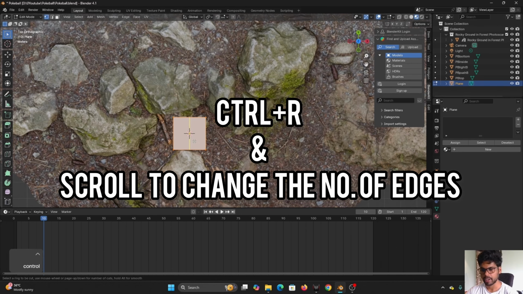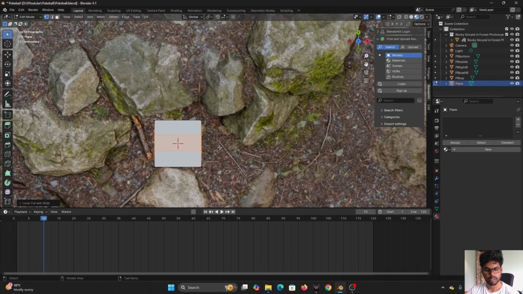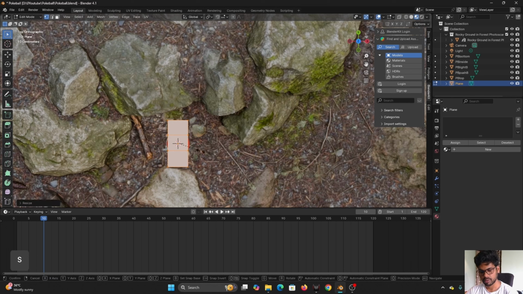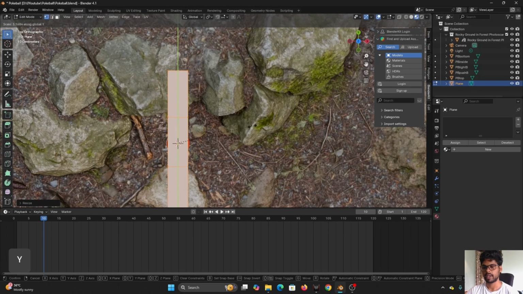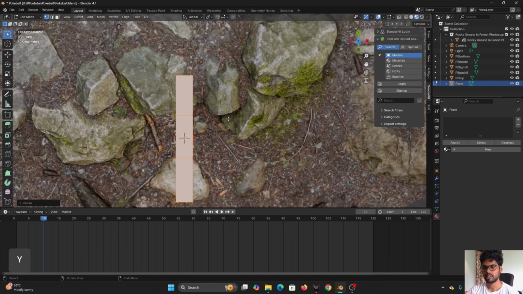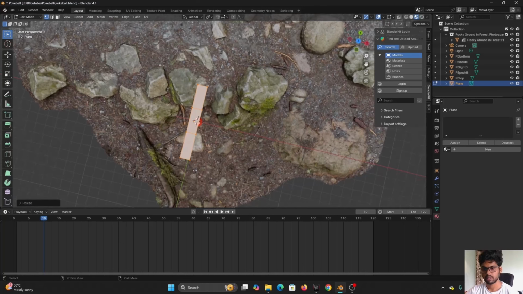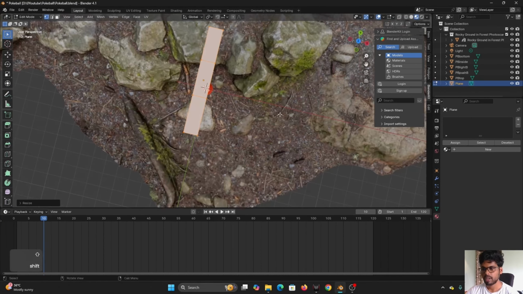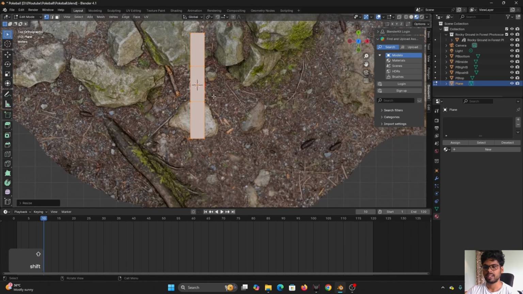I'm going to create a couple more edges so that I can work with the shape. All right, somewhere here. First, I'm going to hit A to select all and then scale it down in the x-axis. Also scale it up in the y-axis. Okay, that seems fine. Now we are in vertex select mode, and don't really bother to be exactly on the